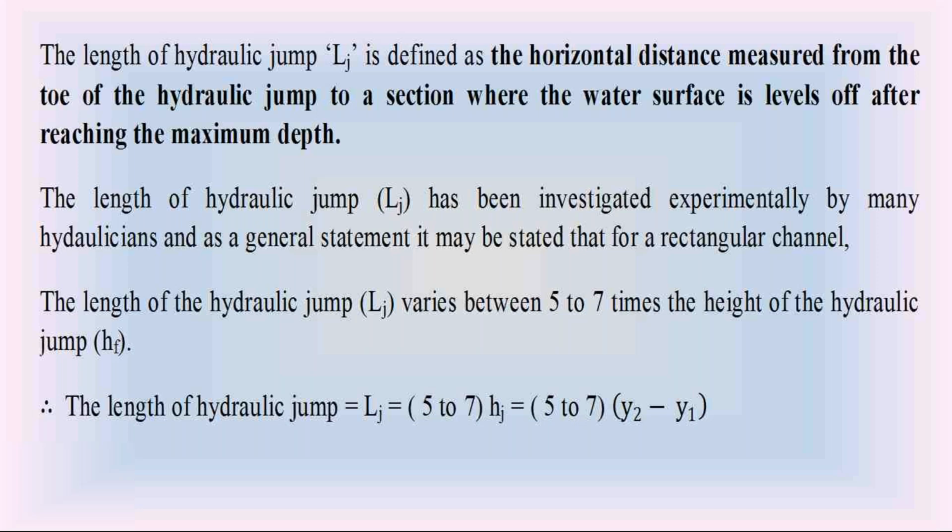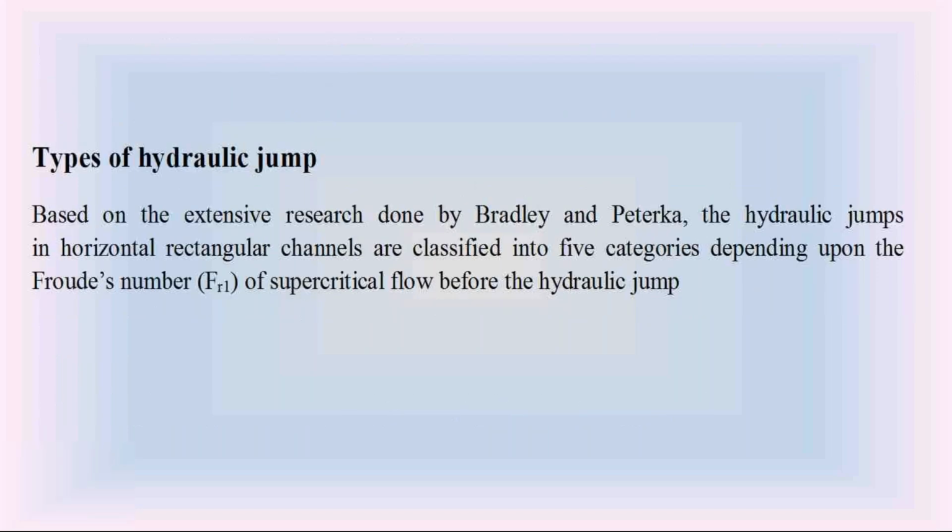Then after that, in hydraulic jump, the next concept is types of hydraulic jump. What are the different types of hydraulic jumps formed either at the bottom of the spillway or at the bottom of the sluice gate or in general in the canals? Not only with spillways and sluice gates, sometimes if the slope of the canal changes suddenly, either from mild slope to steep slope or from steep slope to adverse slope, at that portion in the canal also, you can have this hydraulic jump. So we are going to discuss the different types of hydraulic jumps.